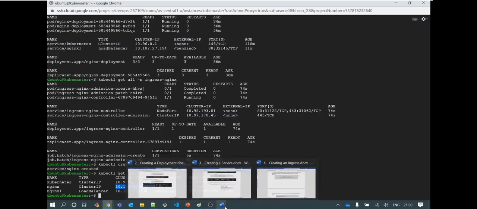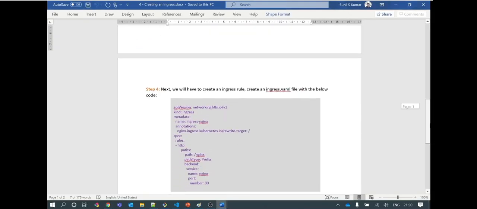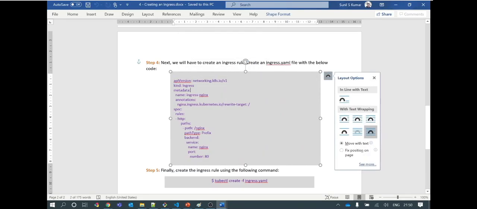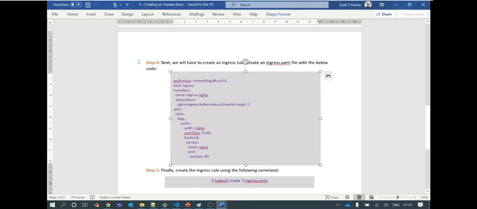So let's create one ingress rule YAML. This is a typical ingress YAML that I will be using here. It again has an API version, the kind will be Ingress, metadata, and the name of the ingress rule that I am creating. An annotation is required because that will let me specify what resource I need to use for this ingress creation.